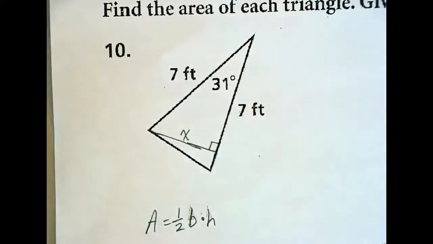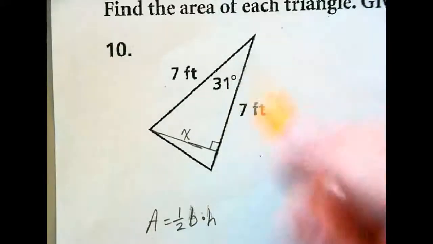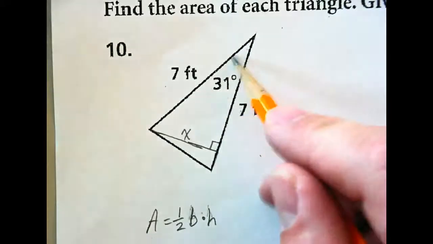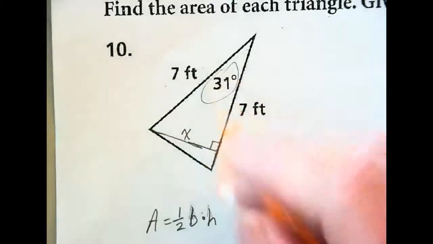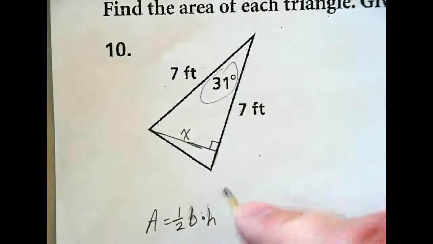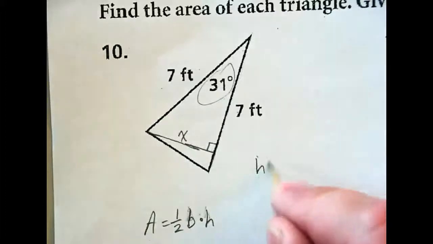Okay, so we could use tangent, or not tangent. Because you're trying to find x, and we're given the opposite and the hypotenuse, so sine. Okay, so we could figure out the height. We could say the height is actually equal to